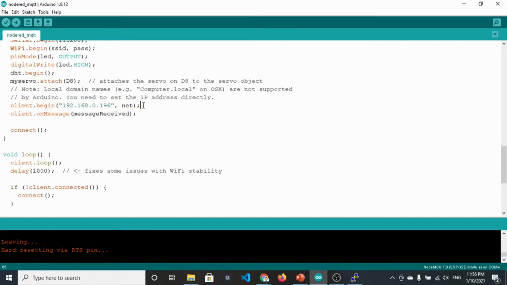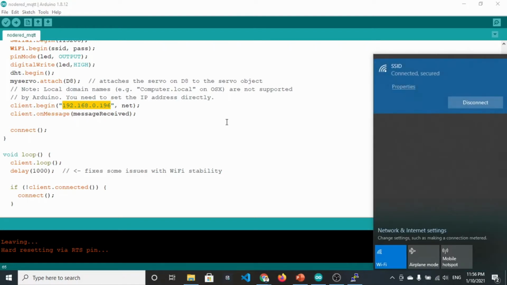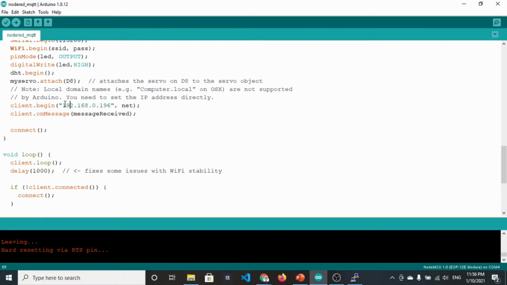After that we are connecting to this IP address. This is an important thing: this IP address should be in the Wi-Fi network of your Raspberry Pi as well as of your NodeMCU. This is the IP address of the Raspberry Pi.